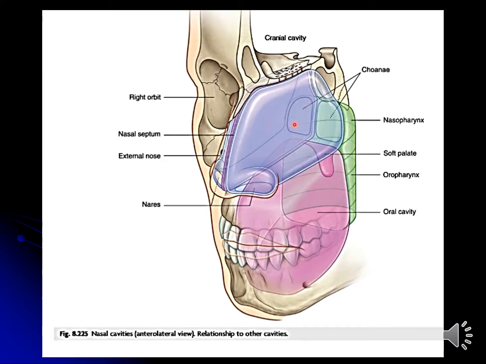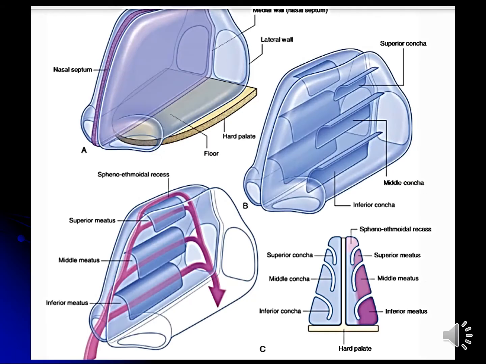We can say this is the medial wall, and then this outer flanking out wall is the lateral wall. This is known as lateral wall. So here we are more concerned with the lateral wall of the nose. So this diagram is showing the median septum as already we discussed. These are the anterior nares, posterior nares, medial wall or nasal septum, and this is our lateral wall.